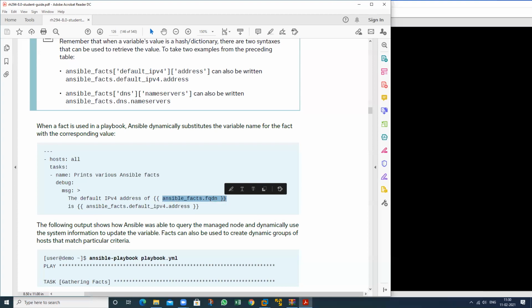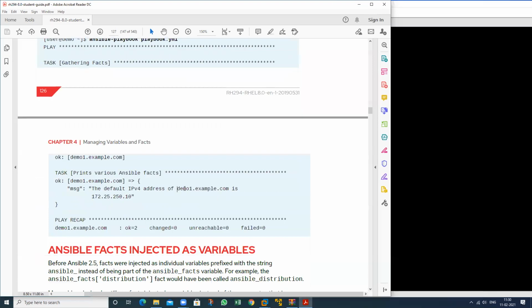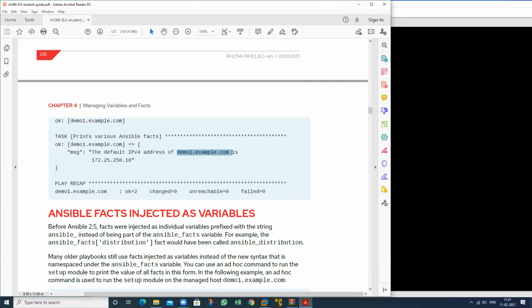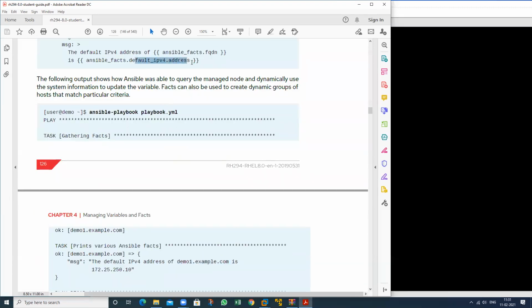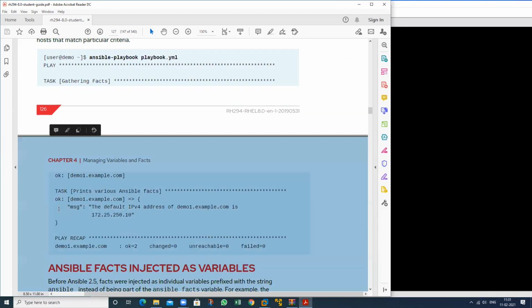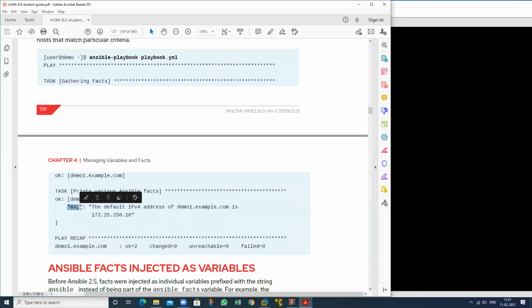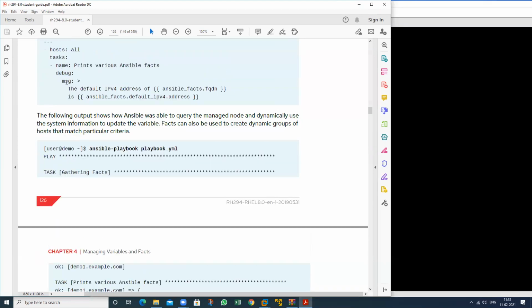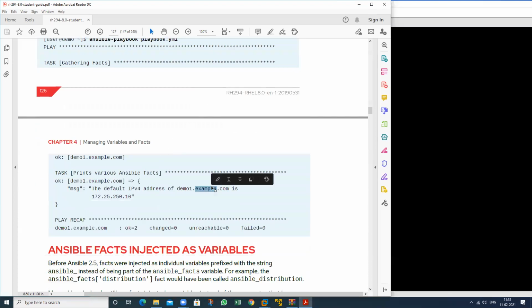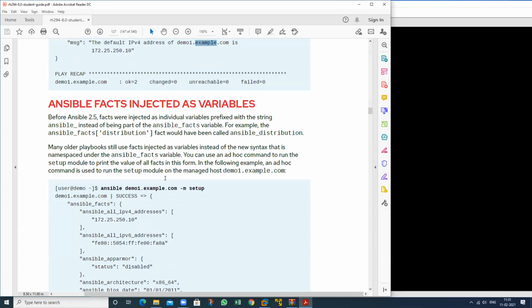See, FQDN also. So it will capture which particular thing? This is my FQDN, I have typed it here, so it will capture the name of the managed host. And I have typed here the IP address, so it will capture the IP address. So we can capture the information. First we want to check whether it is captured or not. So we can put the message, MSG. We can put here debug, and after that the message, and in this message the IP and the host name. So we can use all these.